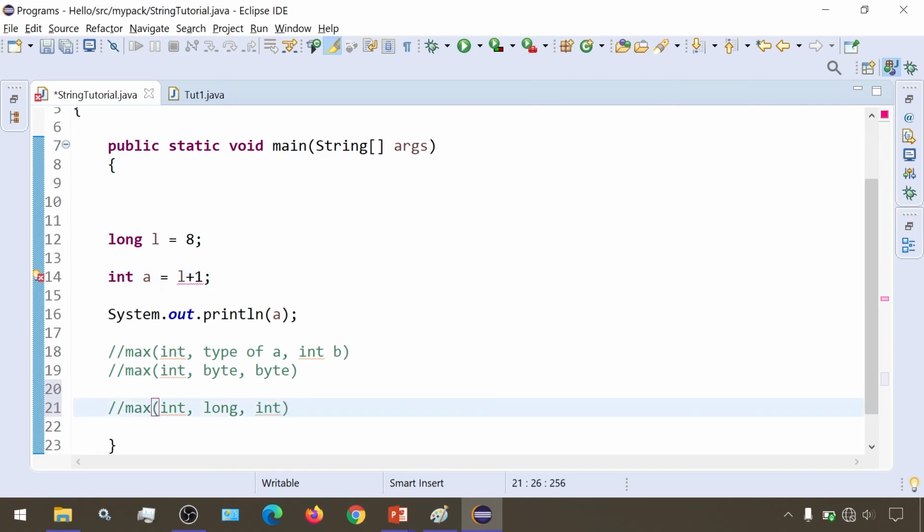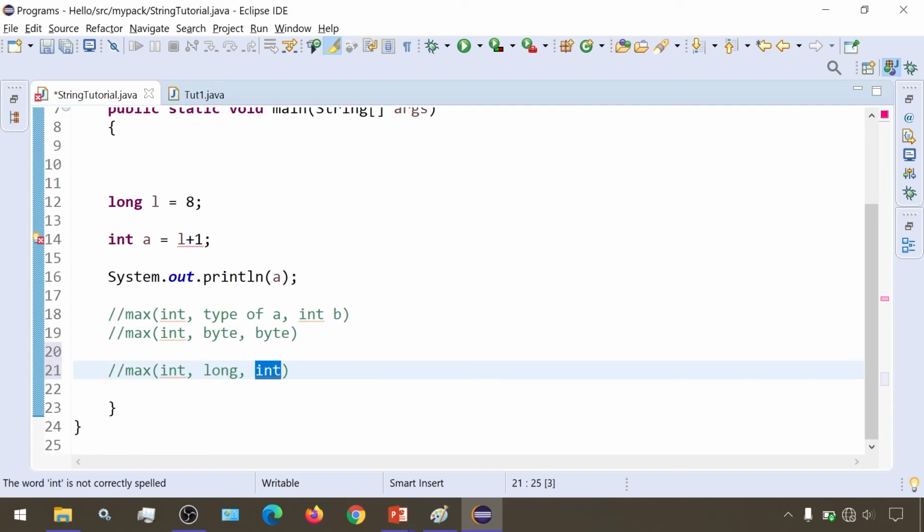So it will take the max among these. As you can see, long is 64 and int is 32, so it will take the maximum as long. So the resultant will be of type long. This long cannot be implicitly converted to int, so we need to perform explicit typecasting here.